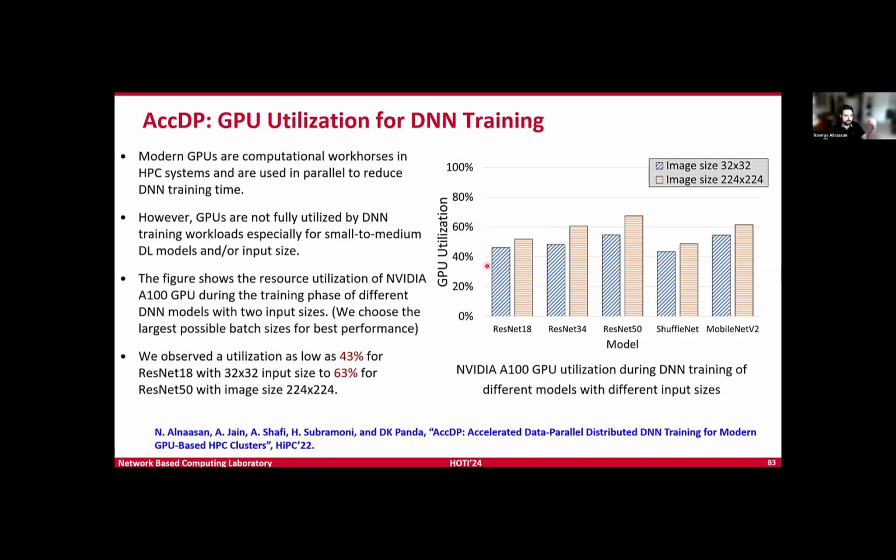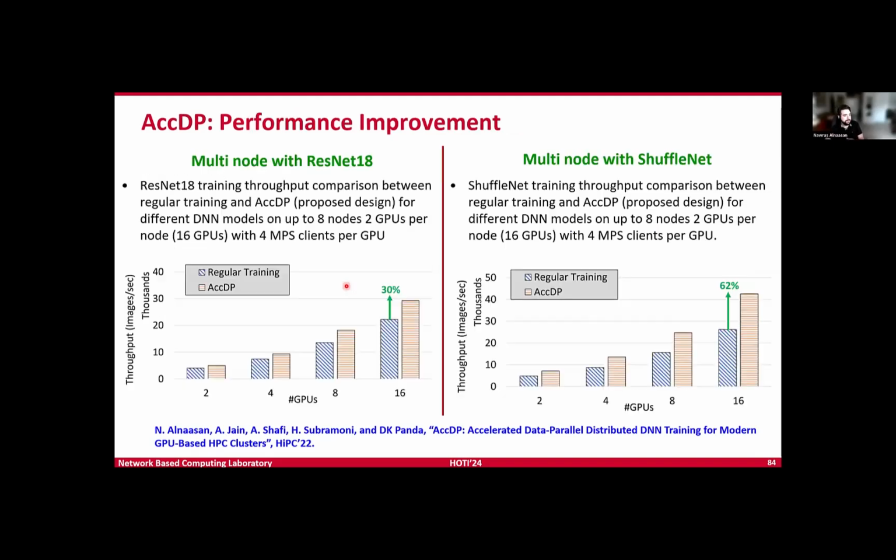And what we noticed is that the GPU utilization for these small models, even on the single GPU, is low. We see as low as 40% utilization for this image size, and for slightly larger image sizes, we see as low as 50% GPU utilization. The reason is there is not enough parallelism to be executed on the GPU. So the job is small. We cannot really occupy all of the GPU cores and take advantage of them.